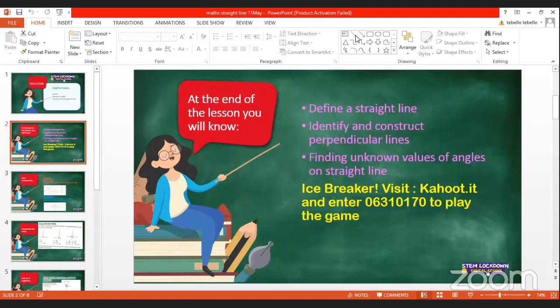Okay, question number 6 was saying we use a small square to indicate our right angle, 90 degrees. Our answer is yes. To see that this is our right angle, you will see a small square. I will show you right now on our next slide. So our second last question was we use a small square to indicate the right angle. Yes.